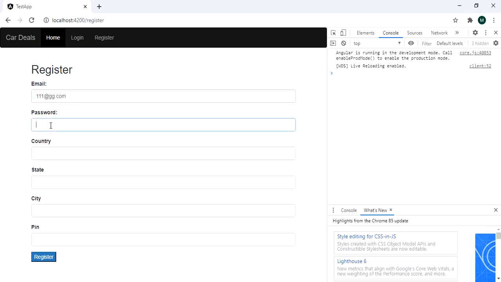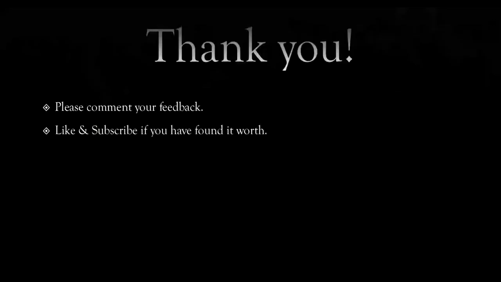Let me again try to print the data that we are giving on the register page. So once we click, we are simply getting the data, email, password and address, and address further contains the group. That's all. Thank you so much.